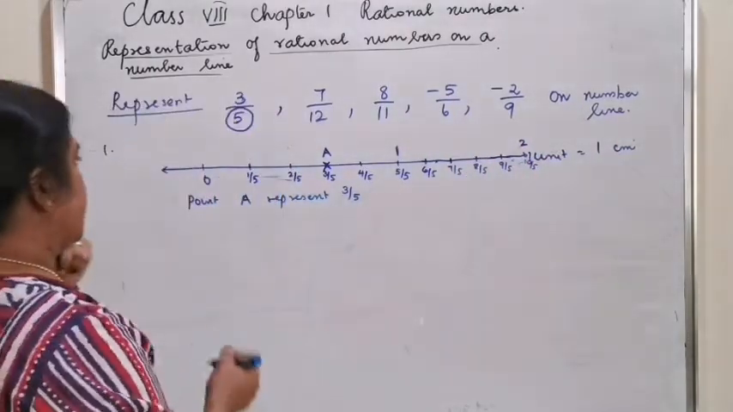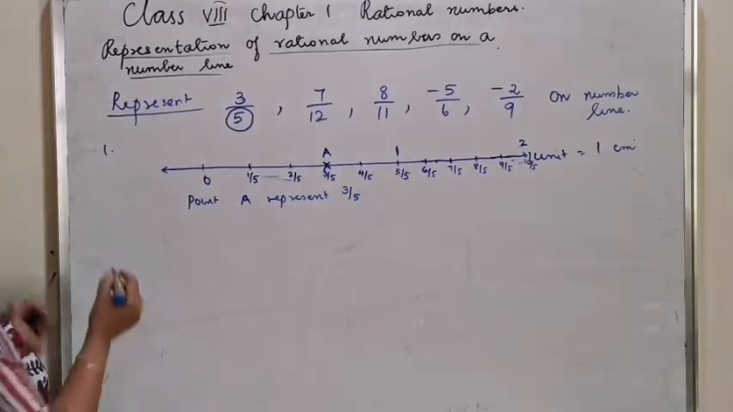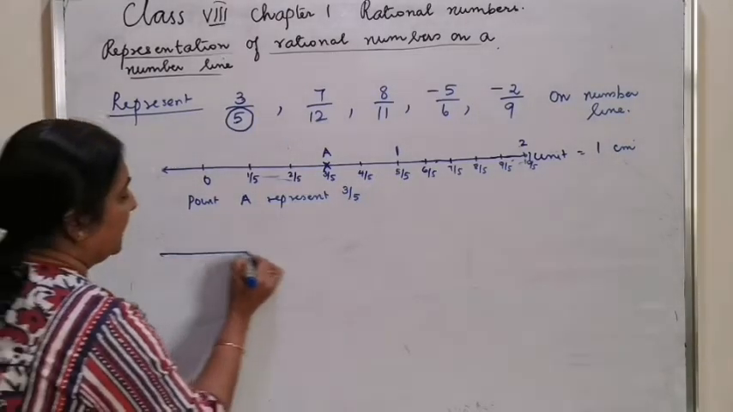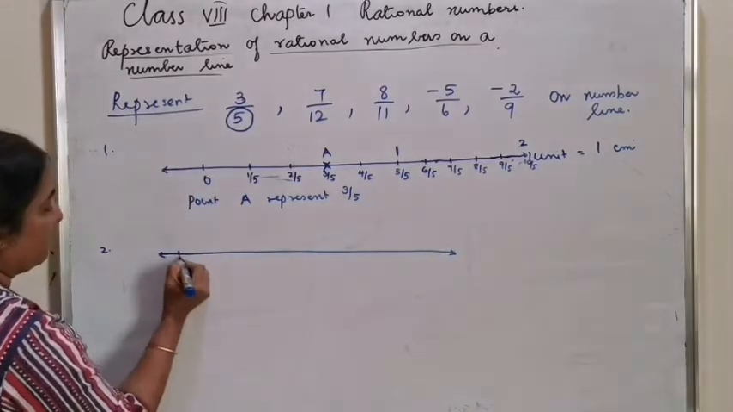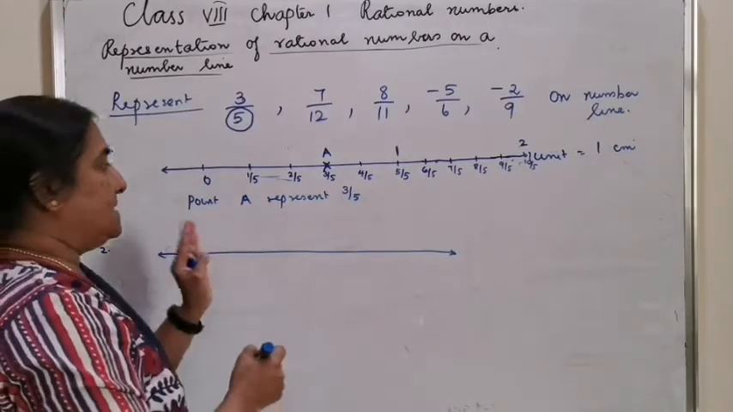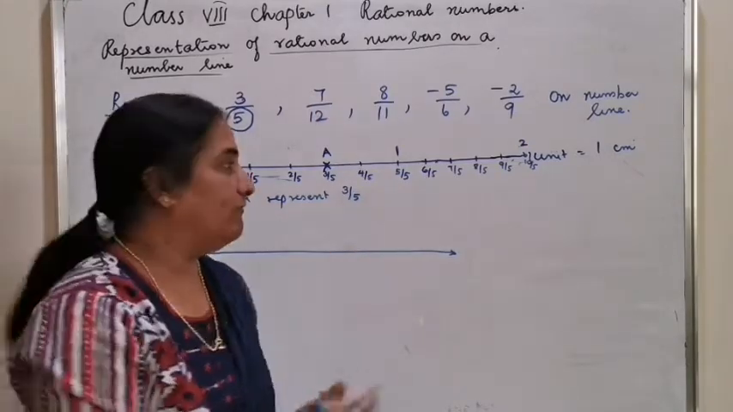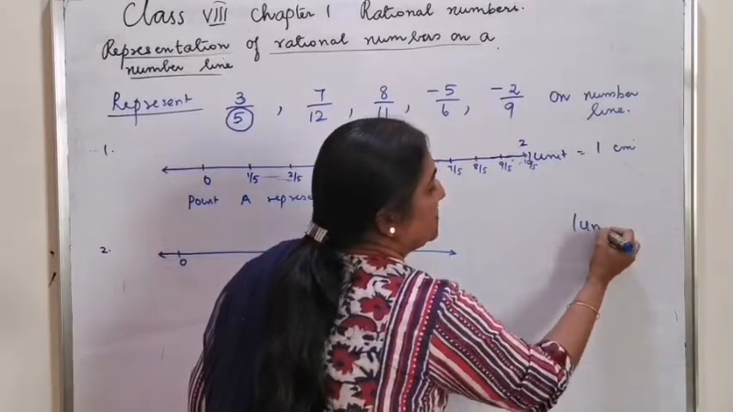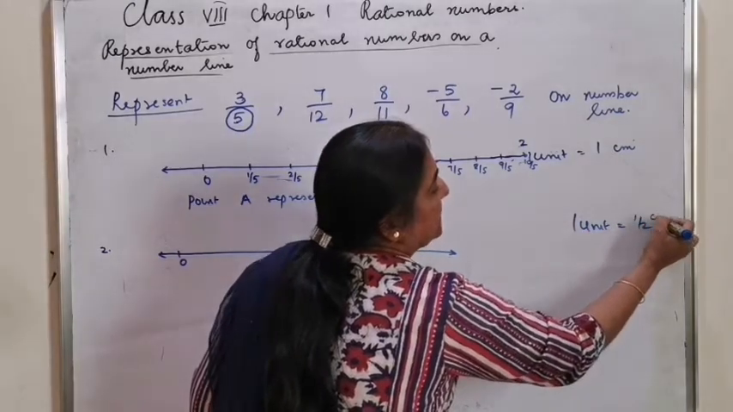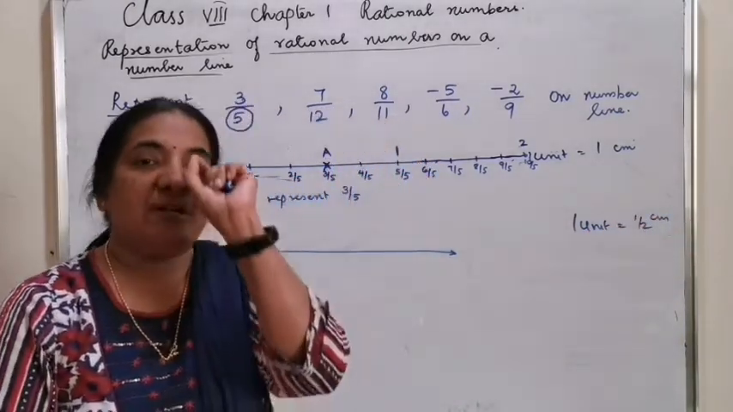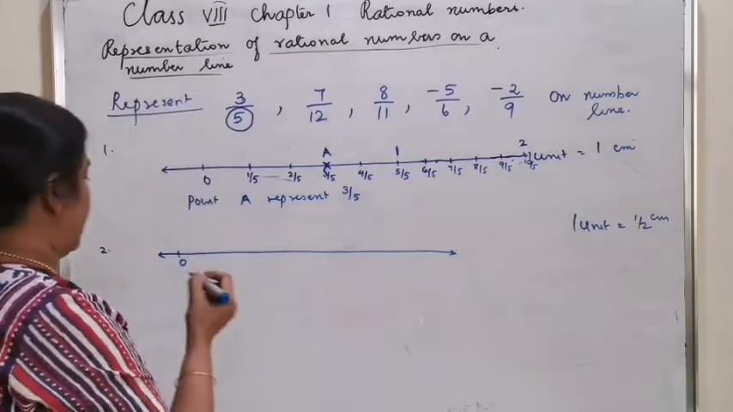The next is how to plot 7 by 12. The idea is the same, 0. Now, since 1 centimeter will be a little far, what you can do is take each unit as half a centimeter, or 5 millimeters. Start counting as